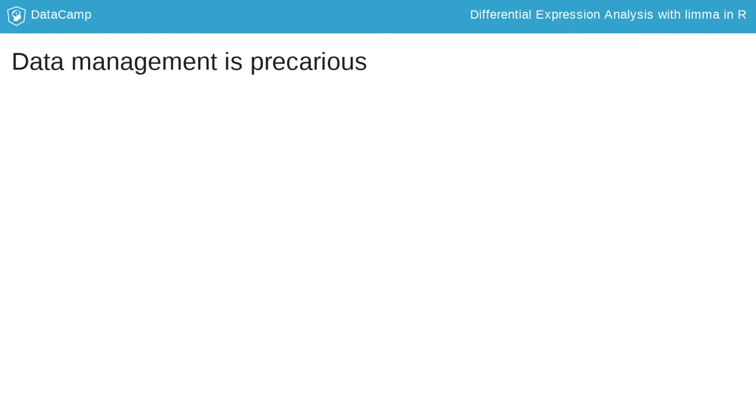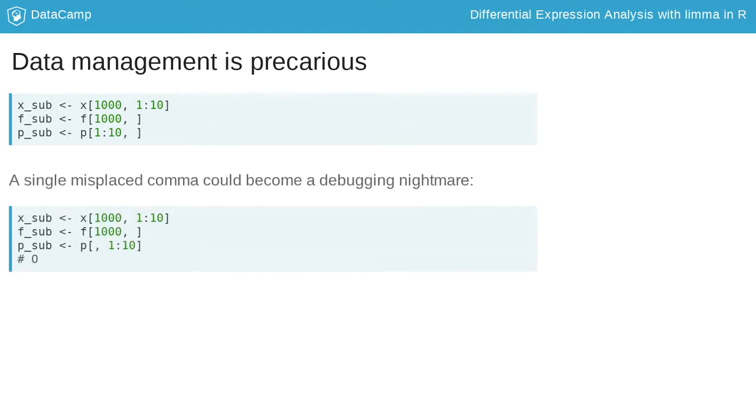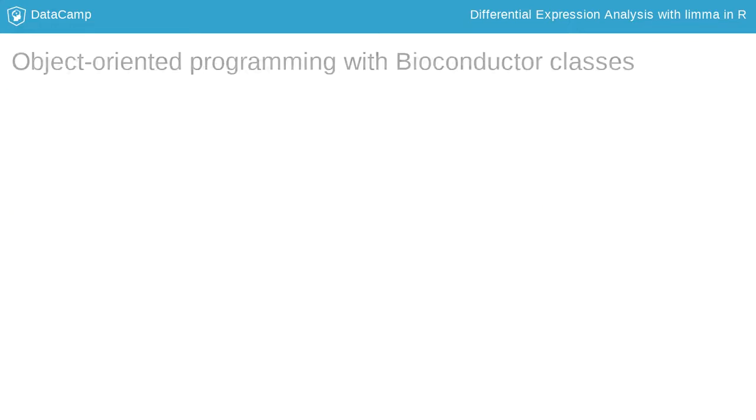For example, to subset to include only the 1000th gene in the first 10 samples, you would need to write 3 separate lines of code, making sure to always subset the correct dimension depending on which object you are subsetting. A single misplaced comma looks almost identical but will cause a huge problem. To make analysis easier and less error-prone,